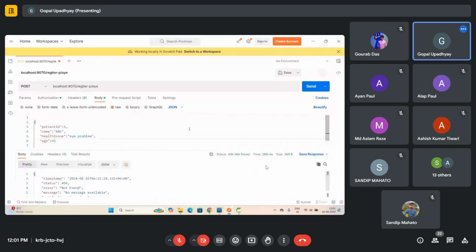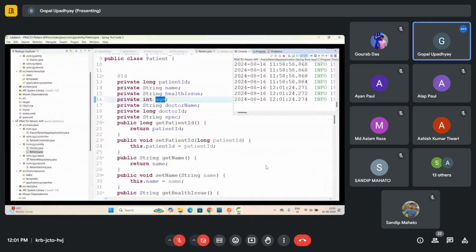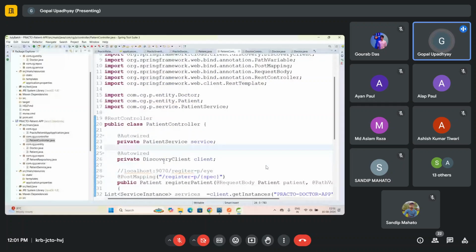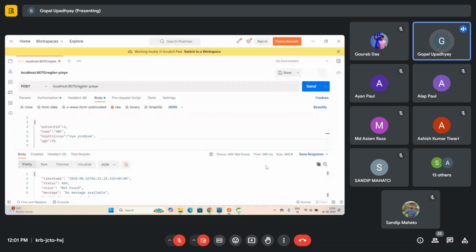Register. I use register, right? So patient controller, yeah, patient controller. Here I use register, but here I use regis... Register hyphen p this, and once I'll give this, you can see here patient ID is created and doctor is